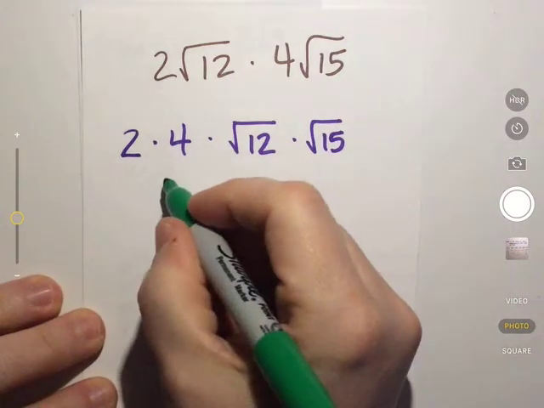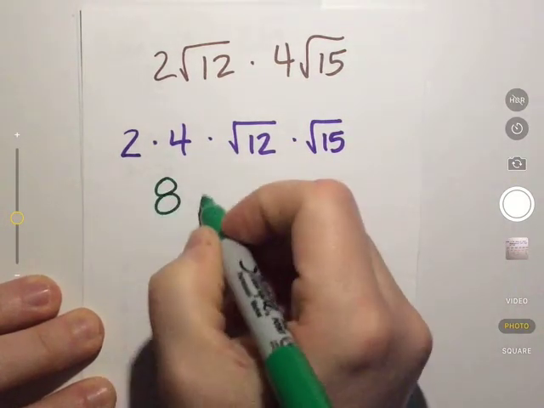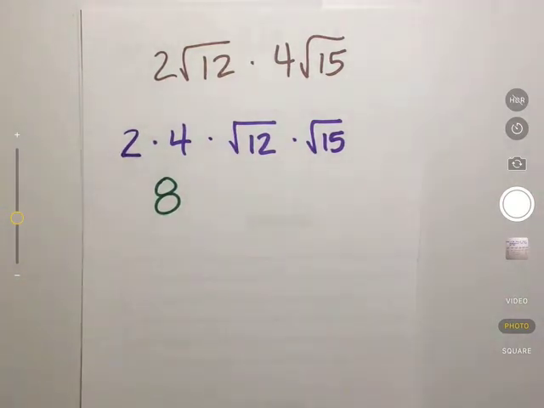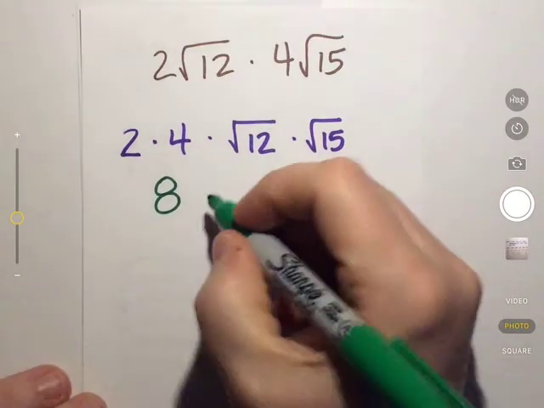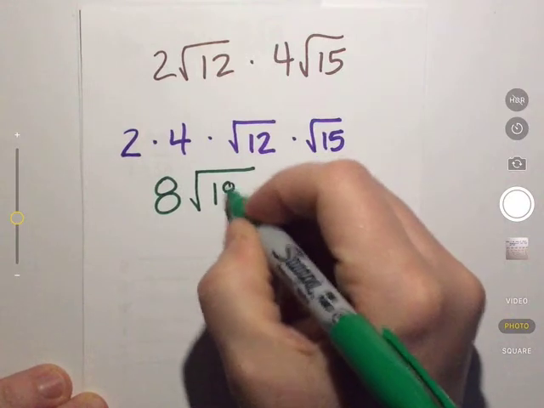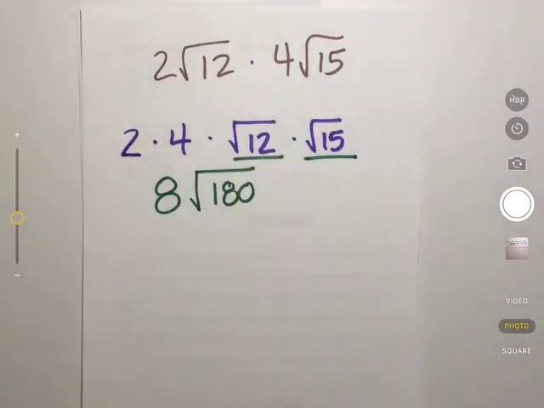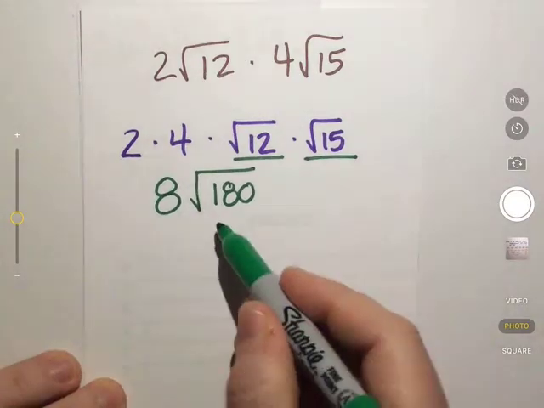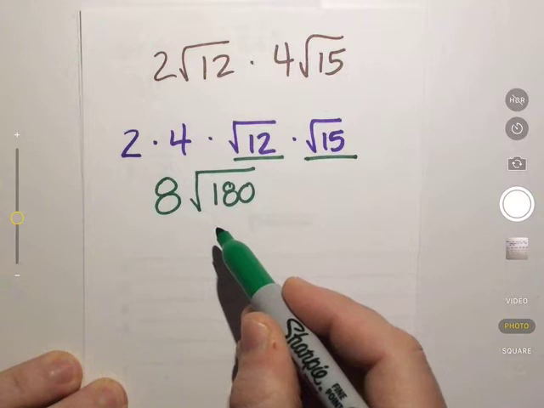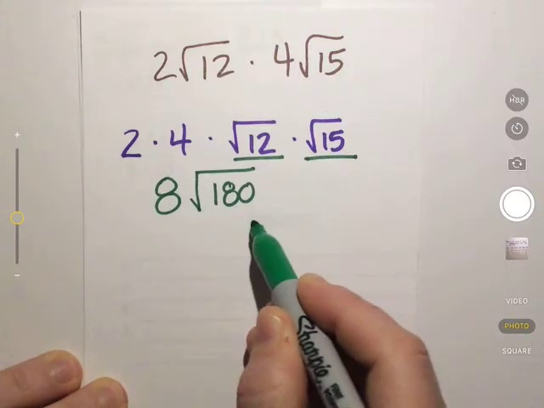Well, 2 times 4 is 8, and 12 times 15 is the square root of 180. It was inside and inside, so I could multiply them together, and it stays within the square root symbol until this step of simplifying. So now I'm back to how do I simplify square roots? What perfect square is in